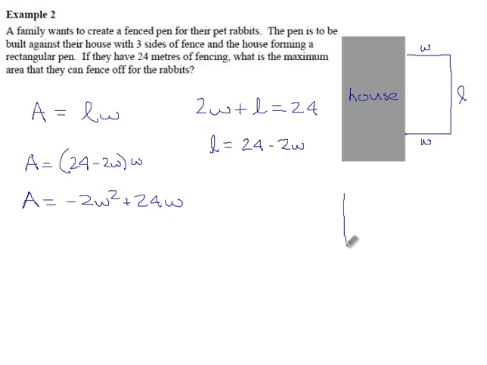the idea is, if this is your house, you could make a pen like this that has a massive length and hardly any width, and it would have very little area. Or you could make a pen like this, which has crazy width and almost no length, again, very little area. So if you're doing width to area, too little width, you don't get much area. Too much width, again, you don't get much area. But in between, there should be a spot where we maximize the area, and that's the spot where dA/dW, the